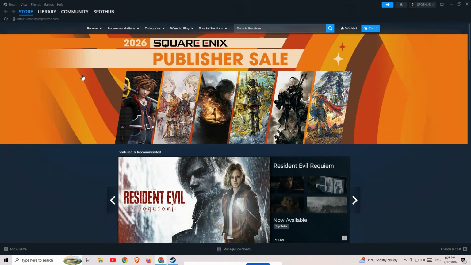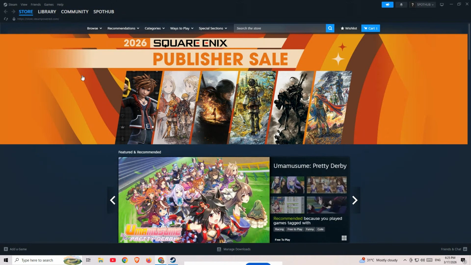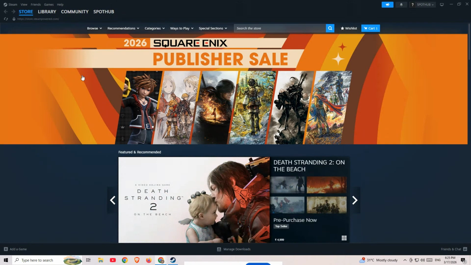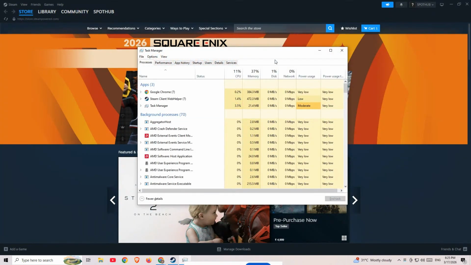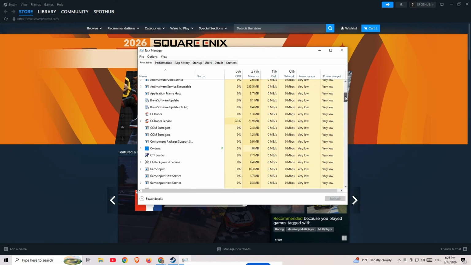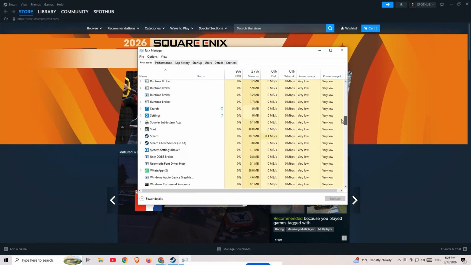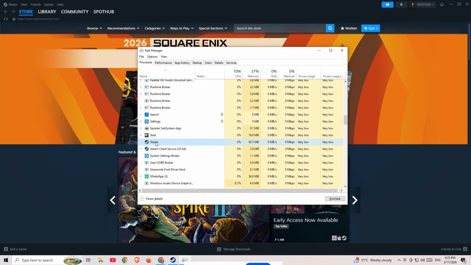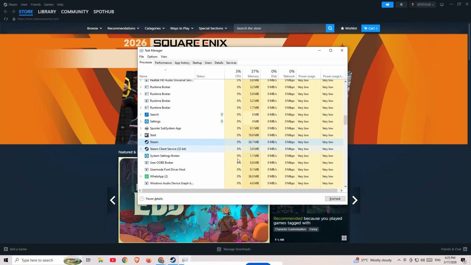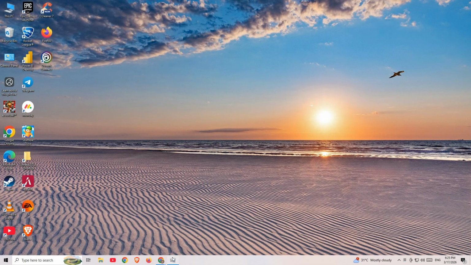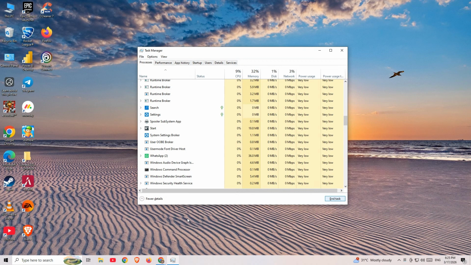Alright, let's get started. First, we need to completely close Steam. Even if it looks closed, it might still be running in the background. Press Ctrl, Shift, and Escape on your keyboard at the same time to open Task Manager. Once Task Manager opens, look through the list of running processes and find anything related to Steam. This will usually be labeled as steam.exe. Click on each Steam process you see, and then click End Task. Make sure all Steam processes are fully closed before moving on, because if even one is left running, this fix